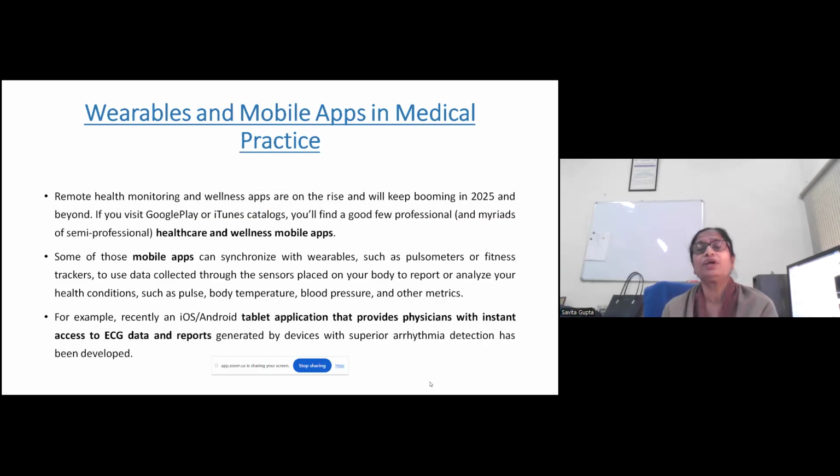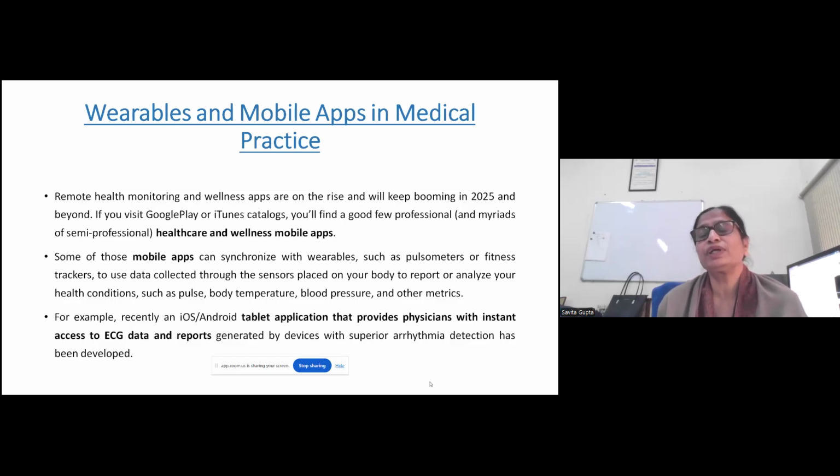Another technology which is very prevalent in the medical industry, and you are all users of these mobile apps daily, is health and fitness apps, Fitbit, so many apps we are using daily. If you visit Google Play or iTunes catalogs, you will find many wellness apps. These wellness apps can synchronize with wearables such as pulsometers or fitness trackers to use data collected through the sensors placed on your body, and can analyze your health conditions such as pulse, body temperature, blood pressure, and other metrics, and can suggest some